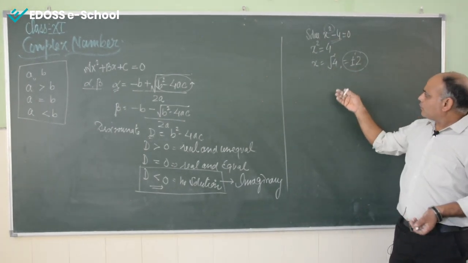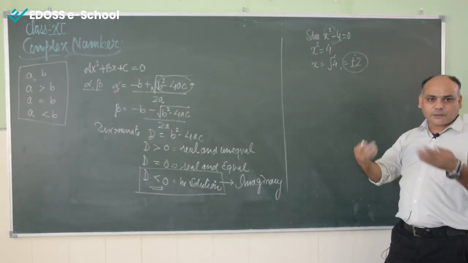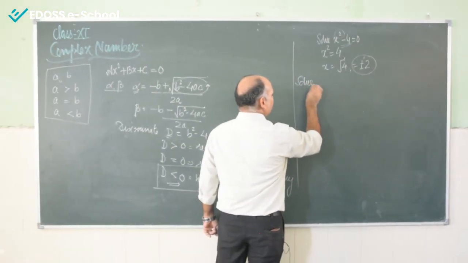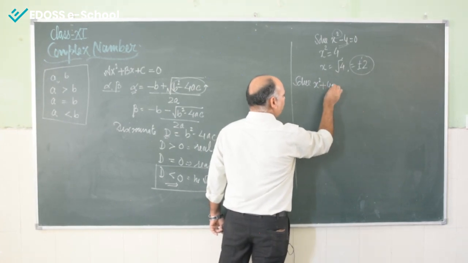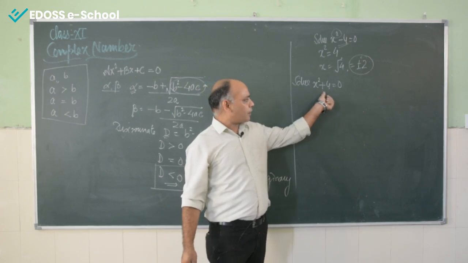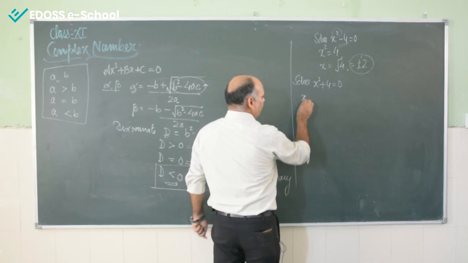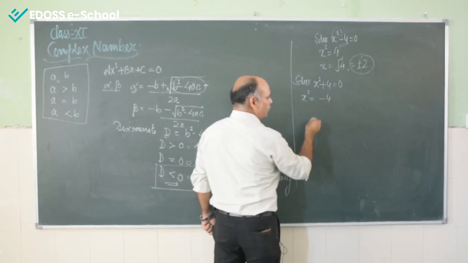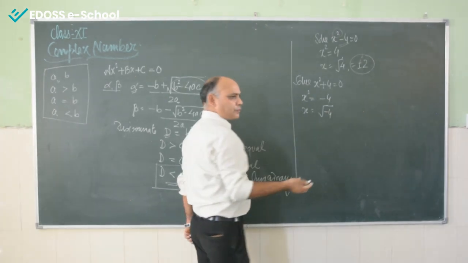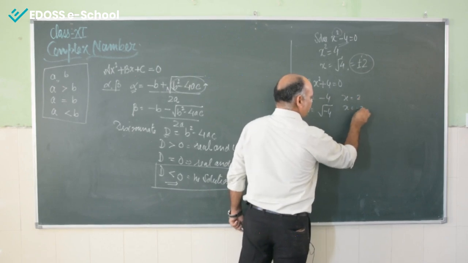Now, I have to change this equation by replacing minus with plus. That means suppose the problem is you have to solve x square plus 4 equals to 0. In a similar pattern, you have to do it like this also. x square will be equal to minus 4. Then x will be equal to under root of minus 4. Then what will be the value of under root of minus 4? I can't say x will be equal to 2 or x equals to minus 2. Just see here.